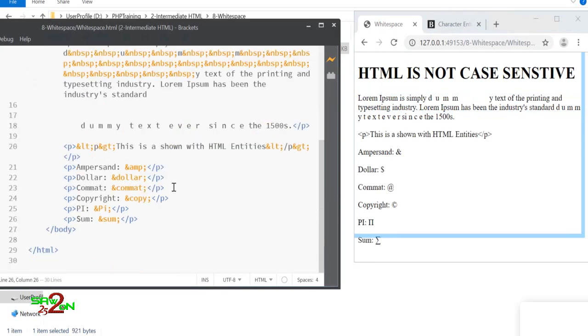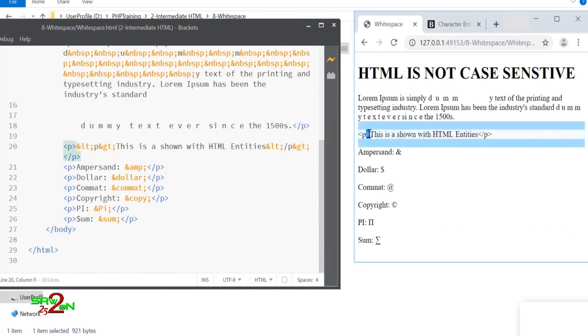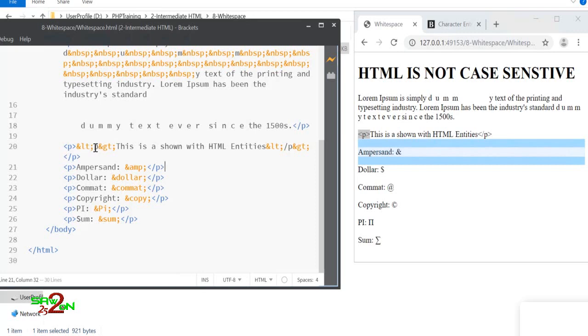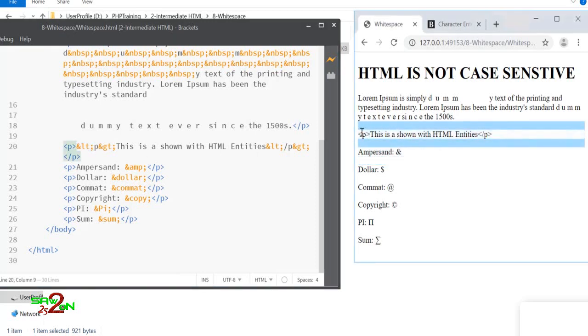If you want to show a less than and a greater than symbol, typically the tags will not be shown here. You see, you are not able to see P, but if you want to show P with less than and greater than, then &lt; is an HTML entity, and &gt; is an HTML entity representing the greater than symbol. If you write these HTML entities, then the symbols are displayed. Typically if you write the tag, you will not be able to display it, but if you really have a need to display it, then you go with the HTML entities.